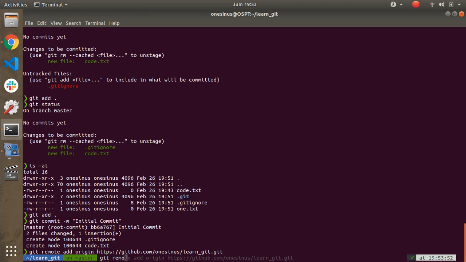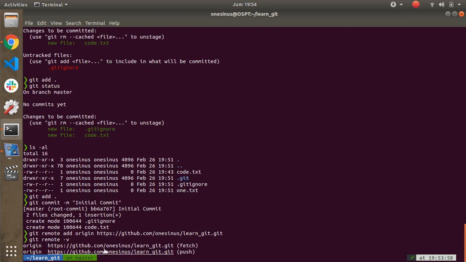You can check with git remote -v. You will see origin with our repository URL.